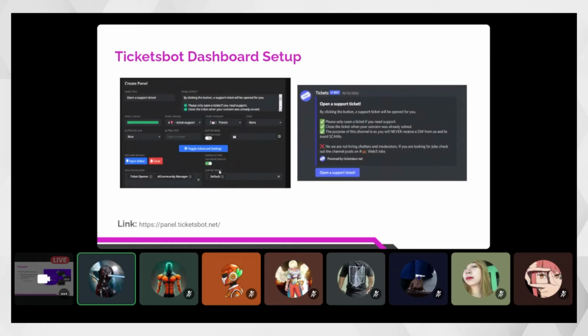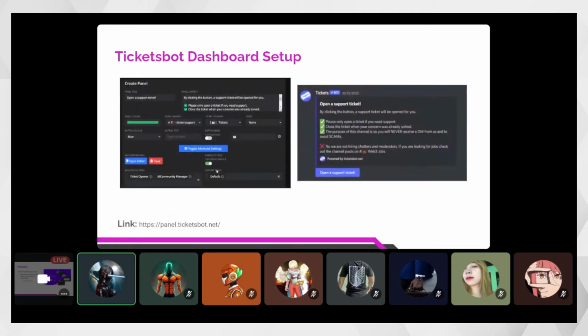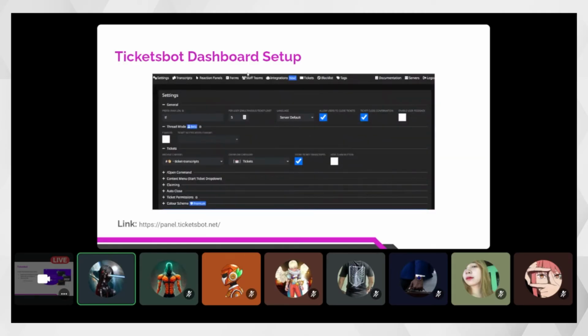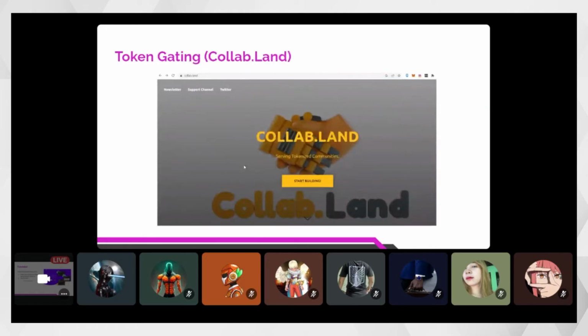Oh, before I forget, you also set up the support teams. So here, for example, this is the support team set as default. You need to set that up and assign the roles under the support team. For example, in this category, I mean, staff teams, you click on this in the dashboard and then just add the roles under the support teams, those who will be really answering on this ticket. For example, community manager, admin, core team, or collab manager, you can add them. So they will also see the ticket and they will be able to answer.